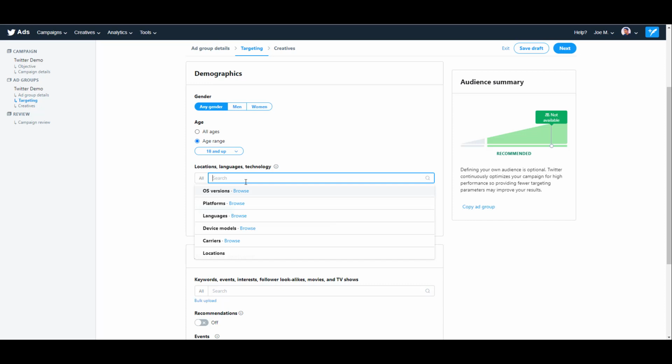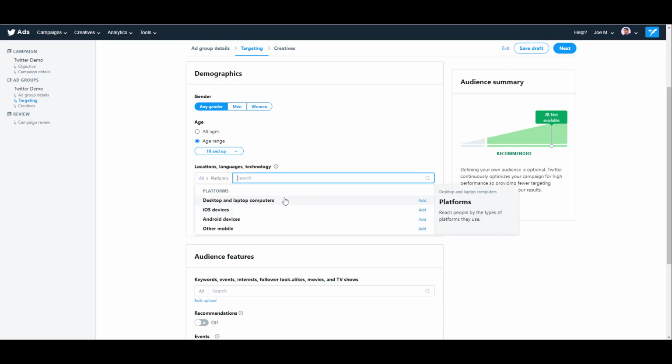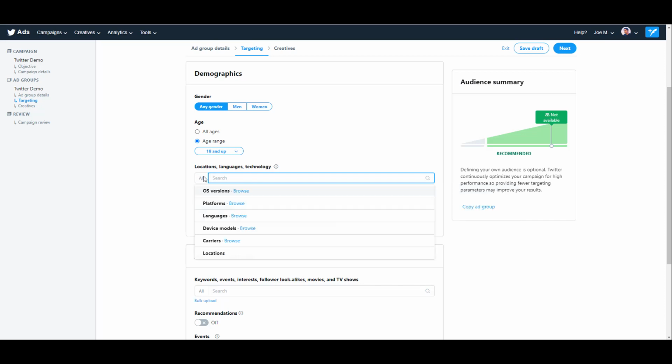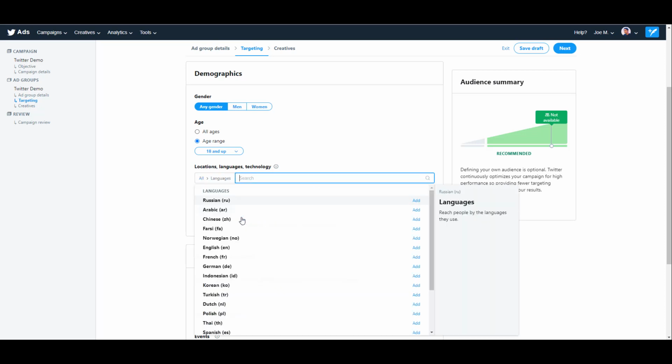Next technology option is going to be your platform. And this one doesn't break down any further. So if you want to target just desktop and laptop computers, you can do that. You can target just iOS devices. You can target just Android devices. And then any other platform that's not in the other 3 is going to fall into your other mobile category. Pretty simple here. The next targeting option is going to be languages, and you have just over 20 different languages